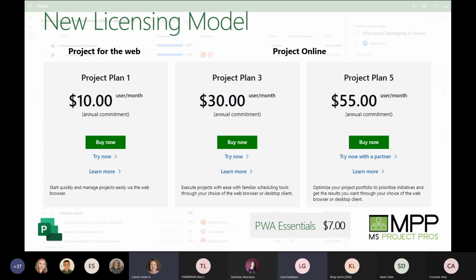So Project on the desktop has become a $30 a month per user license. This is only for users that are going to be running Microsoft Project Pro. But this P3 plan, once you turn this on, gives you Project Online. So there is not a specific Project Online license. As soon as a single user has P3, you then get Project Online.